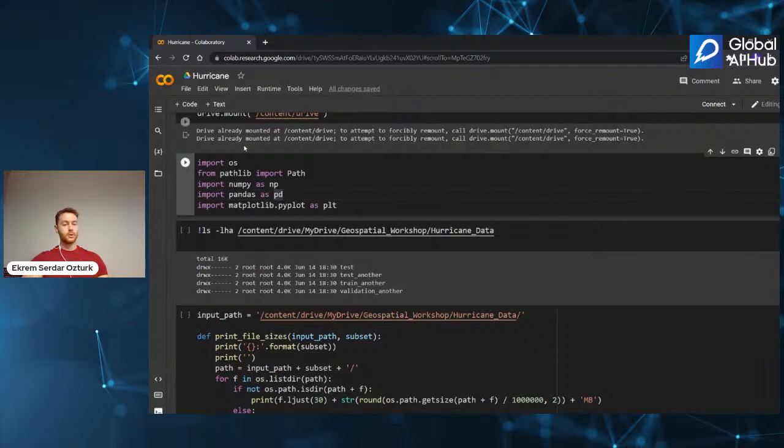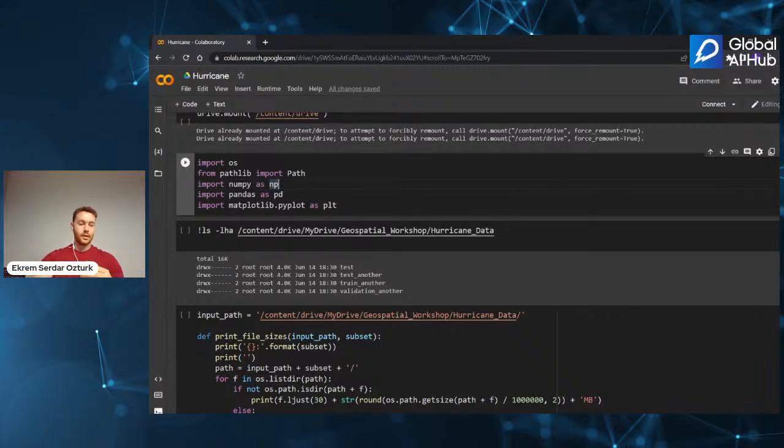We import the OS library for directory applications like accessing the files. Also the path, we use this as well for accessing the files. And NumPy, Pandas, and Matplotlib. We use NumPy and Pandas to do calculations. NumPy, as you know, stands for numerical Python, and Pandas can be used for creating data frames and also data visualization.